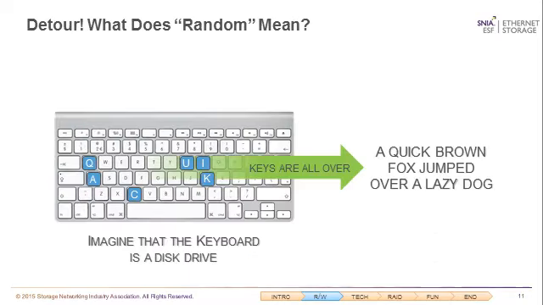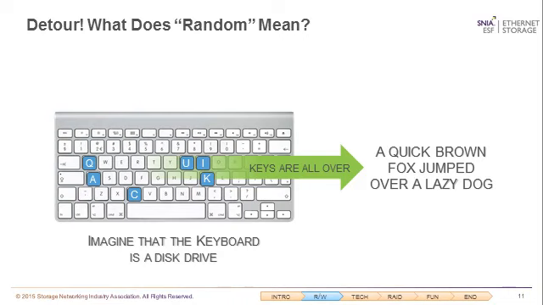All right, so since Ken likes numbers, I like pictures. And here's a picture in my attempt to explain random to anybody who really wants to know. If we look at the keyboard, and I'm making the general assumption that we all have seen a keyboard in our life at some point, and using that keyboard, we say the keyboard is now a storage device. It's a disk drive. And if it's a disk drive, then every single key is an addressable block within the disk drive. And when we type out a phrase like, a quick brown fox jumped over a lazy dog,